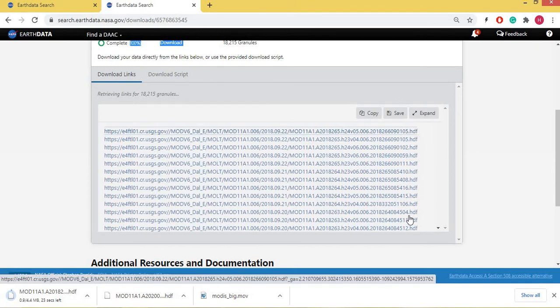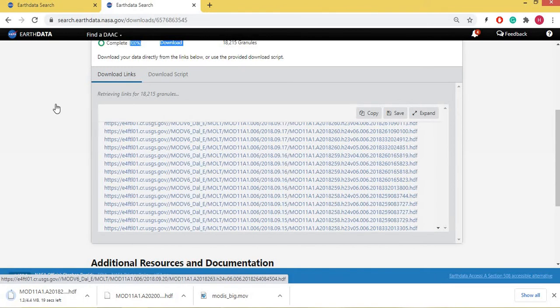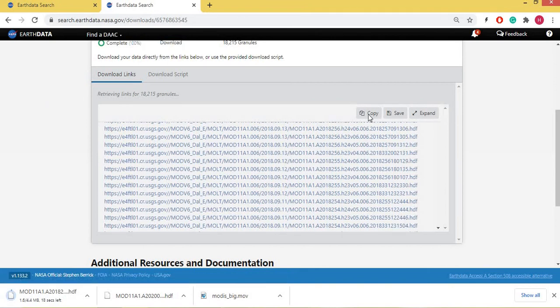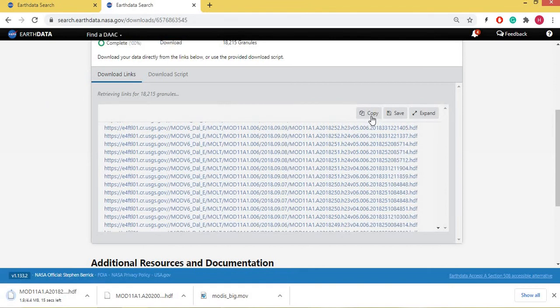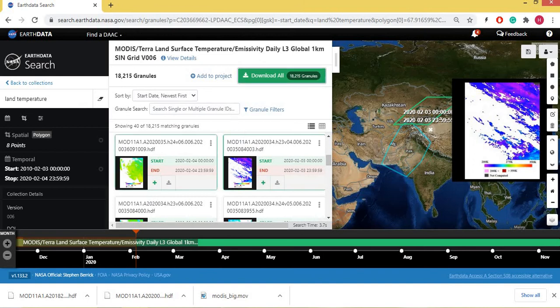Like you can copy it. When you copy and paste in IDM, you can enter a batch command. You can search on YouTube for the batch command, how to download multiple files or multiple satellite images using batch command from IDM. So by using this tool we can download the data.